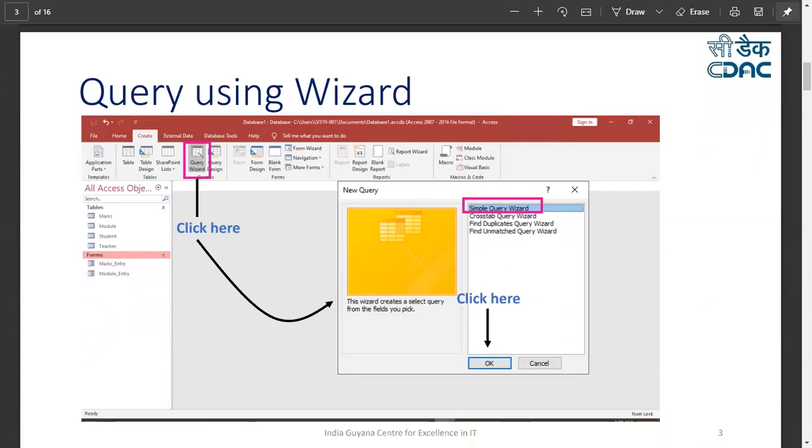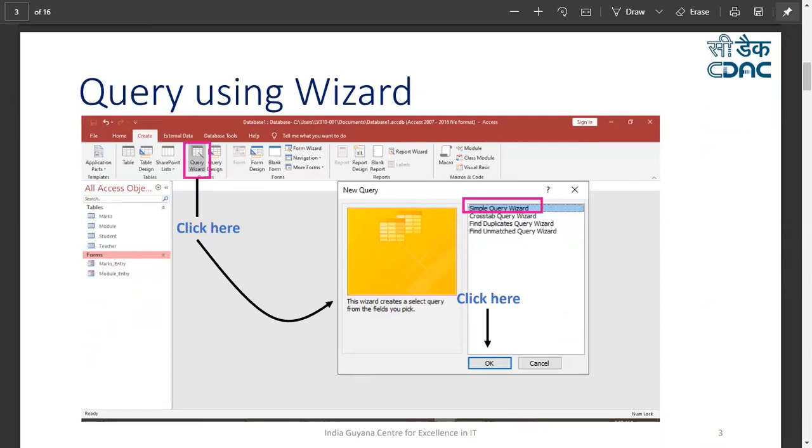In this screen, you see how to start a query using a wizard. Wizard means you will not be typing any SQL statement. You will be using the interfaces to execute your query. So when you start your Microsoft Access, you will see on the left hand side all the tables and the forms. So then you have your tables, you have your forms. Now to execute a query, you have to go to a query wizard.